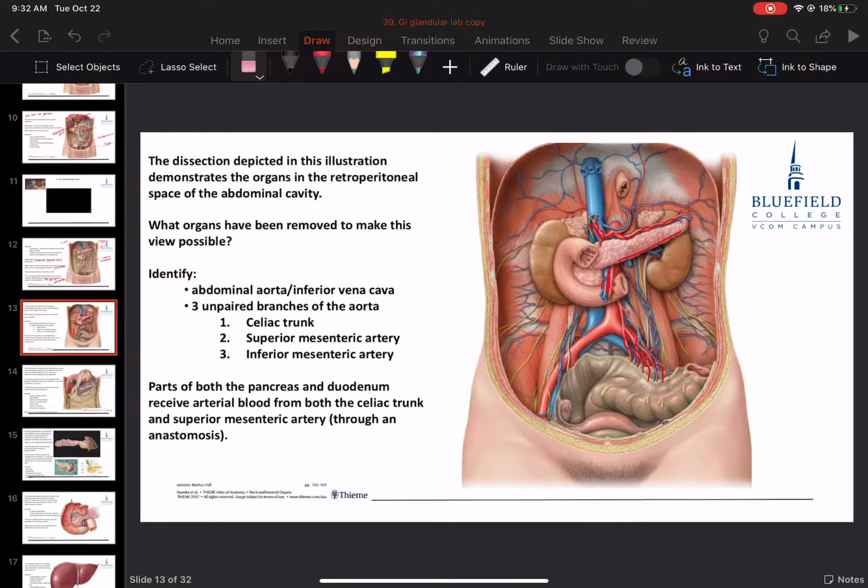So, yes? Isn't it just like a lot of the retroperitoneal organs? So wasn't the, aren't the,